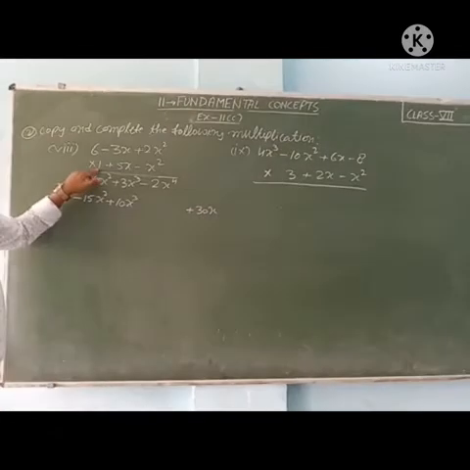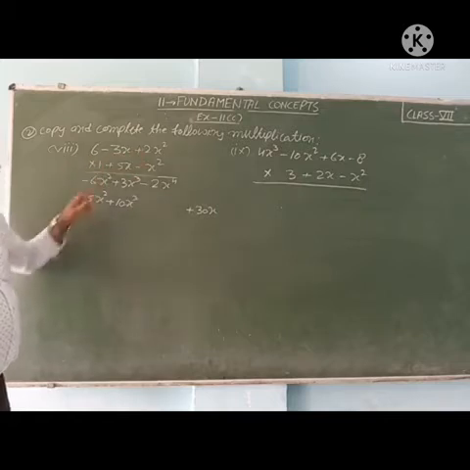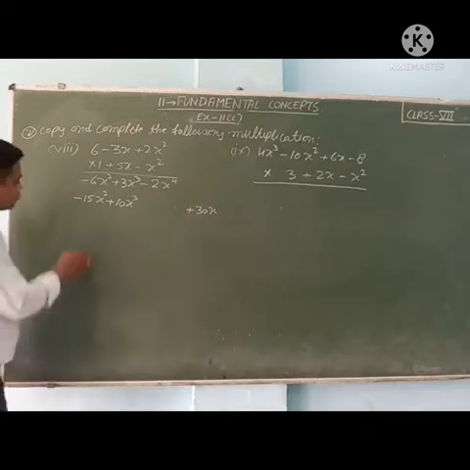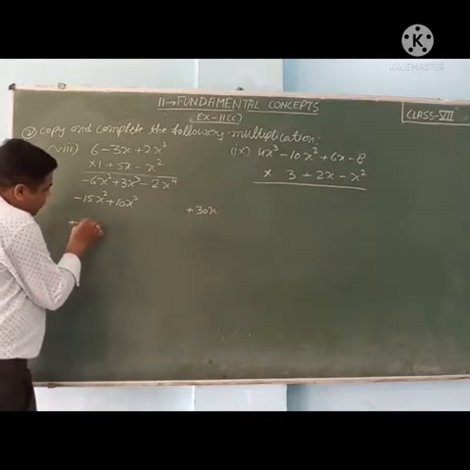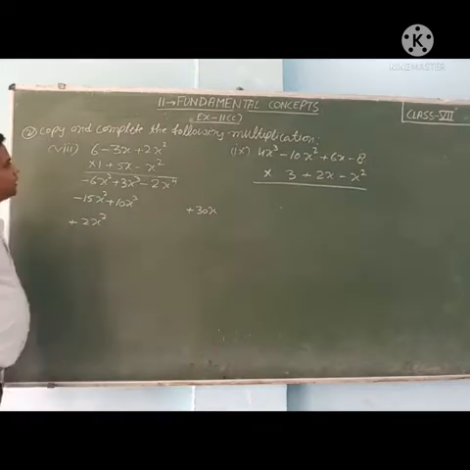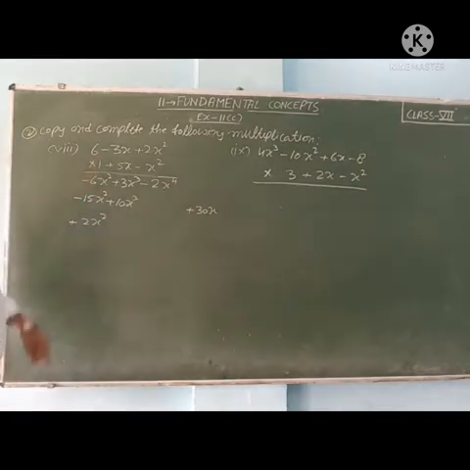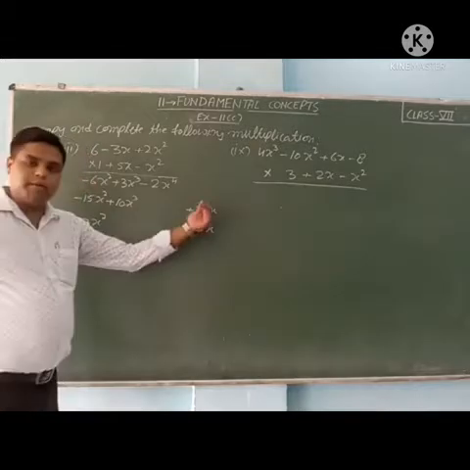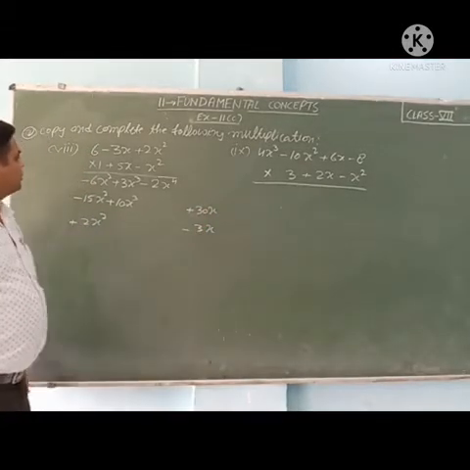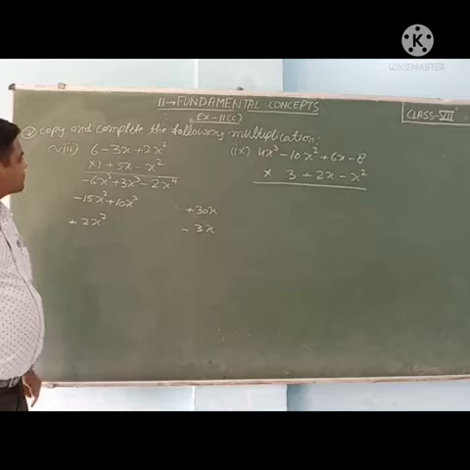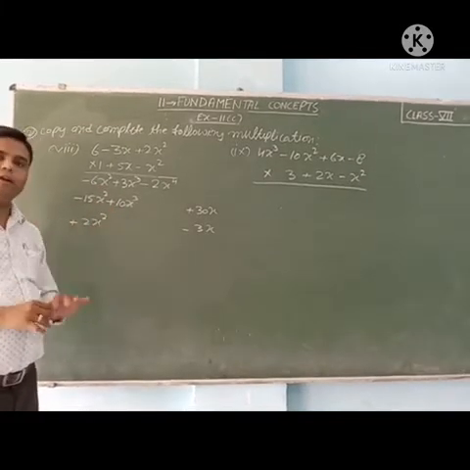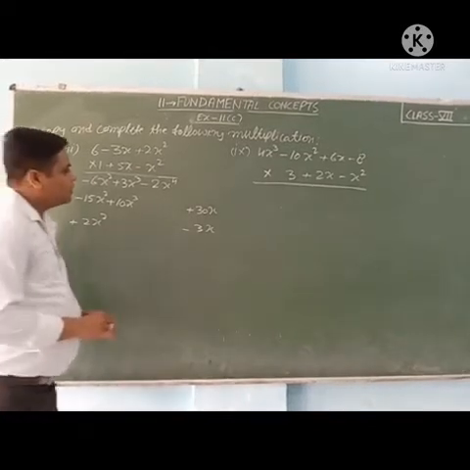Then multiply with 1. 1 into 2, 2 1s are 2x square. So any x square? Yes. So plus 2x square. Here we will write. Then plus minus minus 3x. Any x? Yes. Minus 3x here. Because item is this with x, 3x. So 6 1s are 6. Any only number in first or either second multiply? No. So we will write the 6 here.